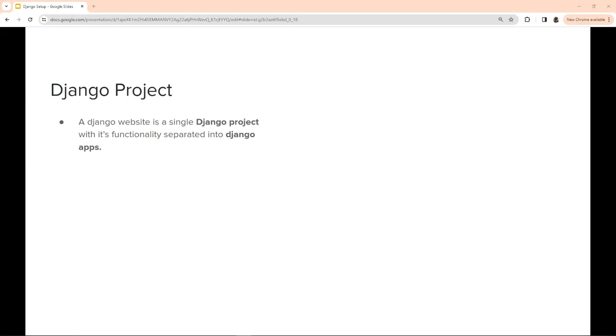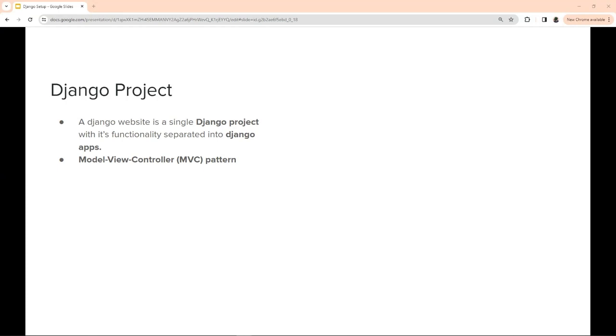And then you could also have another application where you handle the loading of resources. Let's think of an e-commerce situation where that could be handling or loading the products. You could have an application that is especially designed to deal with the product loading. And then you could also have an application where you handle the checkout of the payment, or checkout of the product once a user buys the product. Each application in Django can have its own database, and it will have its own functions to control how the data is rendered to the user in